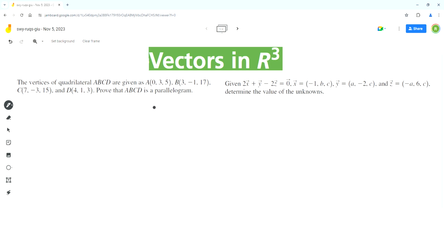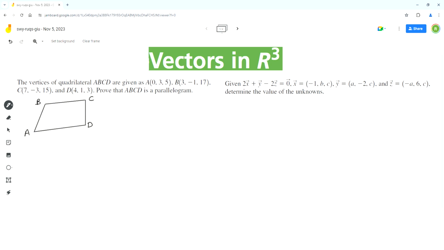So the first step is to draw a quadrilateral ABCD. So let's assume this is our quadrilateral ABCD. Now this quadrilateral is a parallelogram if its opposite sides are equal in length and have the same slope. So in vector world, that means that the vectors that represent the opposite sides of the parallelogram should be equal